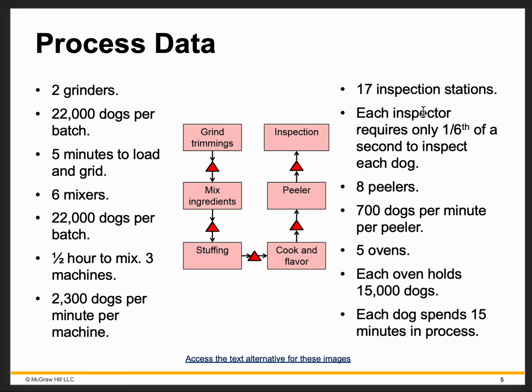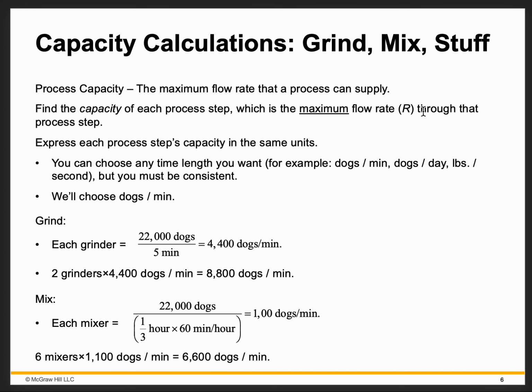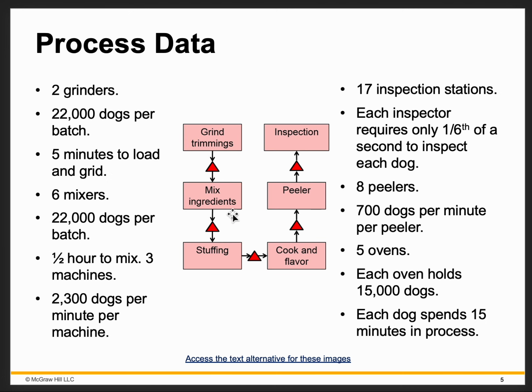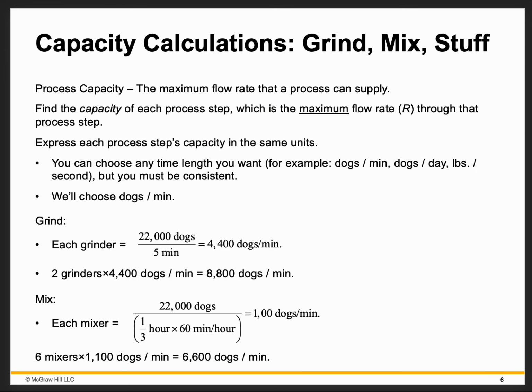That's the one that we're going to figure out. To do all of this, we need to calculate capacity. So let's see how capacity is calculated. Here is an example of how you calculate it for the first three portions: the grinding, mixing, and the stuffing. So we know that for the grinding process,